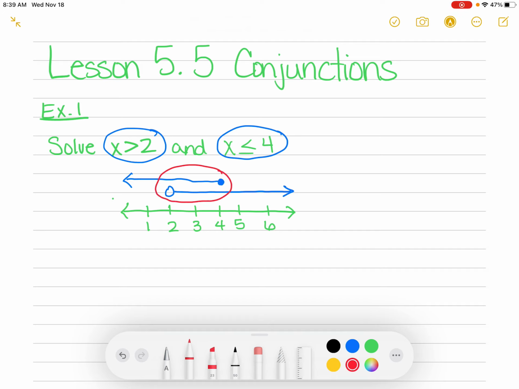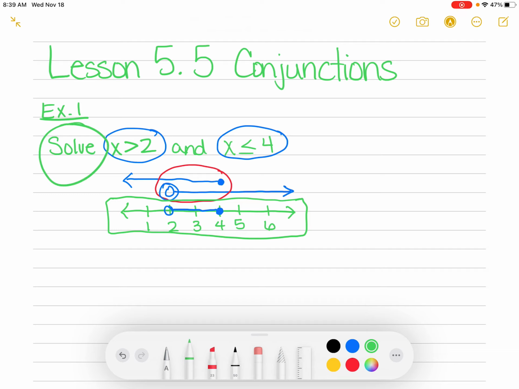So I'm going to move that down and actually put that on the graph. The 4 would be shaded in because 4 can be an answer for both of those. And then my shading's going to go this way. And then my 2 is going to be open just like it is right here. So this is my answer. Maybe I should have made that a little bit bigger. This is my answer. But now, because it says solve up here, it doesn't say to graph it,